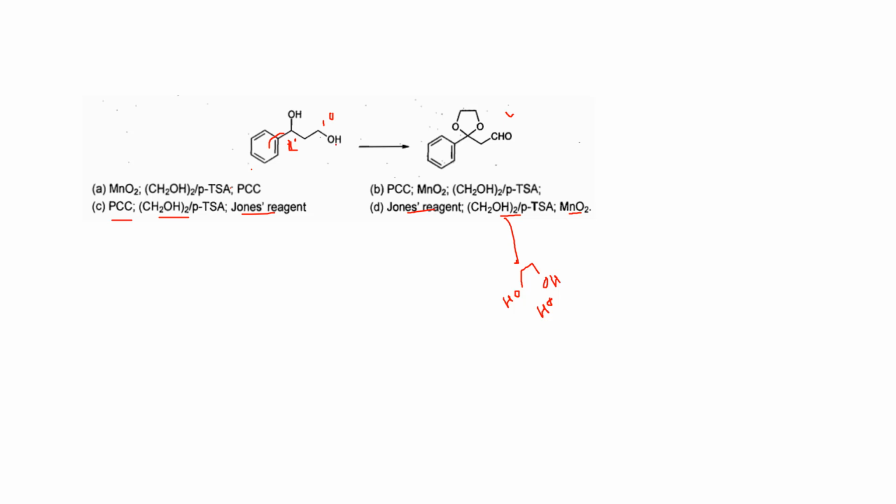Obviously this one. 1 degree is always preferable over 2 degree. So instead of this benzylic thing, if you add any other oxidizing agent, this 1 degree alcohol will be oxidized first. So this will be aldehyde first and this will be alcohol. It will be harder to get oxidized after that and you get this one. So first we will try to oxidize this part. If you add MnO2 in this one, what will happen?